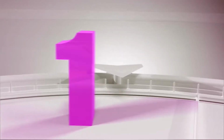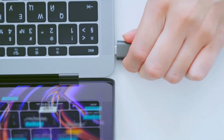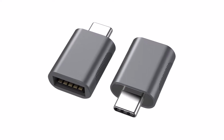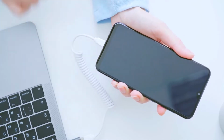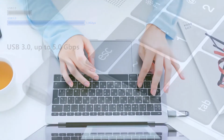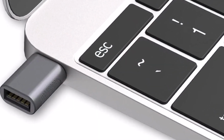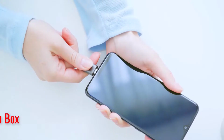list. Number 1. Non-USB-C to USB 3.0 Adapter. Offering a simple yet effective solution, this USB-C to USB 3.0 adapter is the go-to choice for seamlessly connecting USB-A devices to USB-C ports on laptops, Macs, or PCs. Boasting a single USB-C male port and a USB 3.0 female port, it facilitates a speedy data transfer rate of 5 Gbps. Whether you need to link up a charging cable, memory stick, or keyboard, this adapter provides the essential